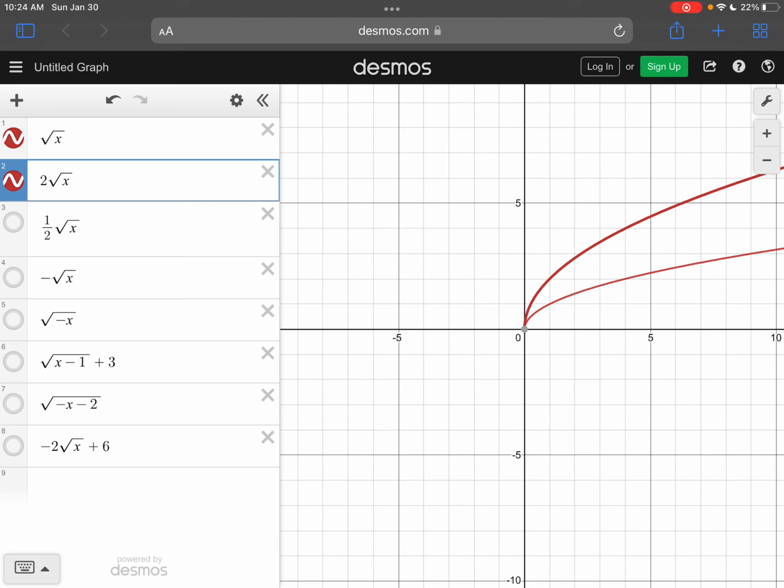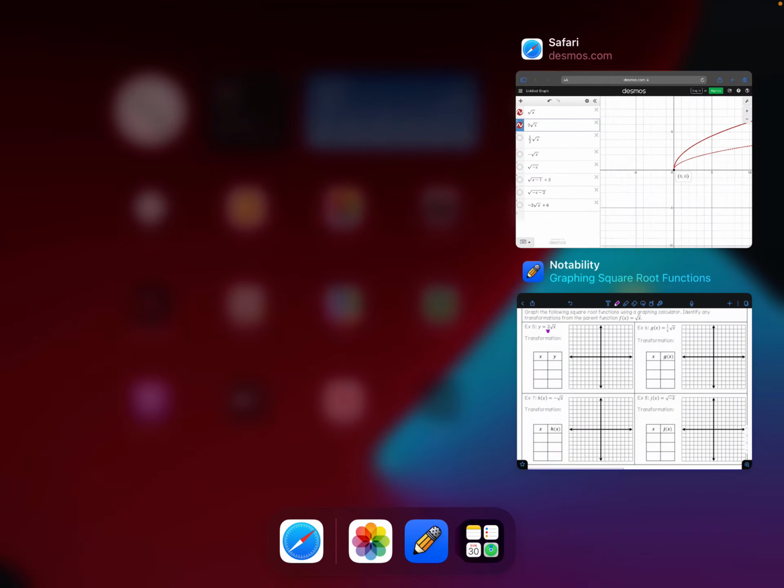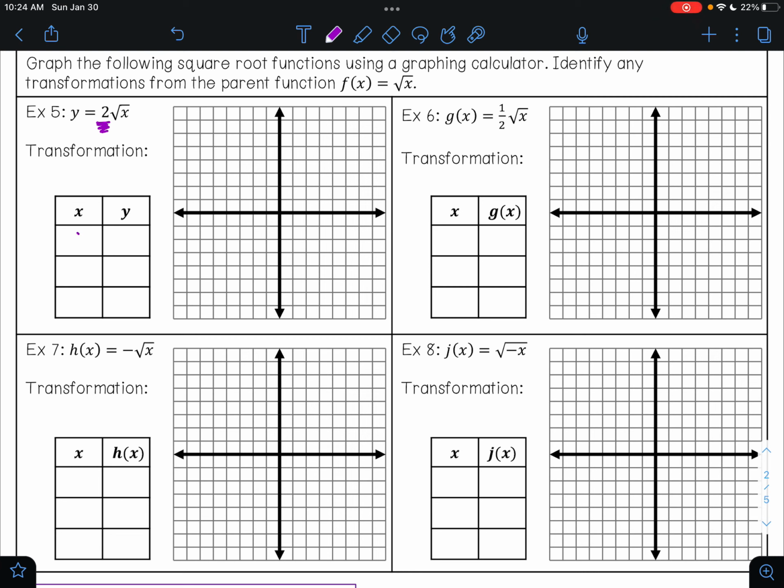Here my ordered pairs I'm going to use are 0, 0, 1, 2, and 4, 4. And so this one looks like this. And again, this was a vertical stretch